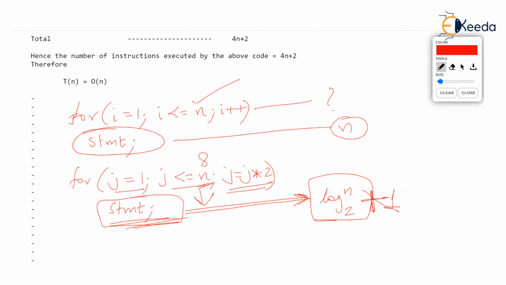But what's the importance of this plus 1? After all, this plus 1 is going to get ignored. So very quickly you can say the frequency is n plus log n, isn't it? So many times the statement runs, and this is clearly a polynomial of degree 1. Tell me, which is larger here, n or log n? n is larger. So you can say it works in O of n.